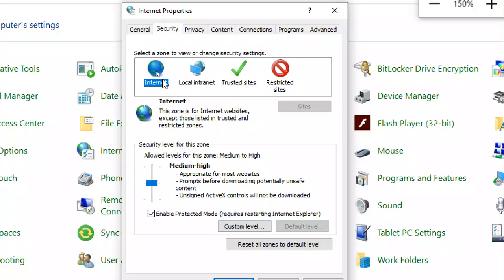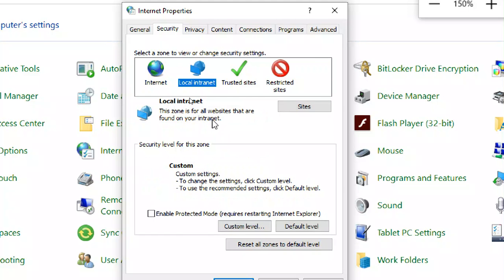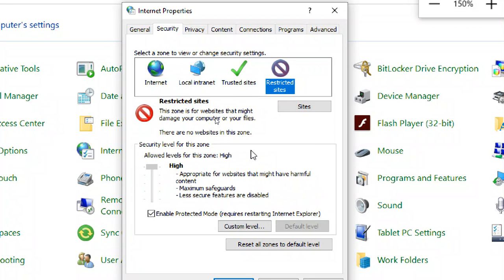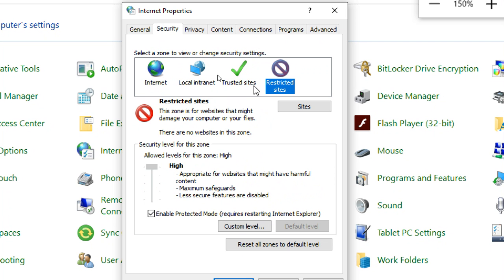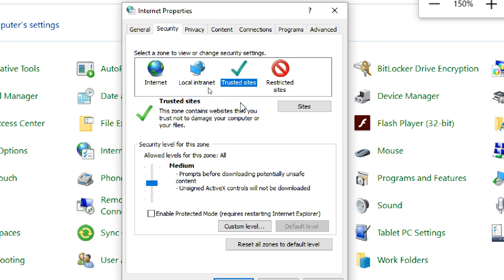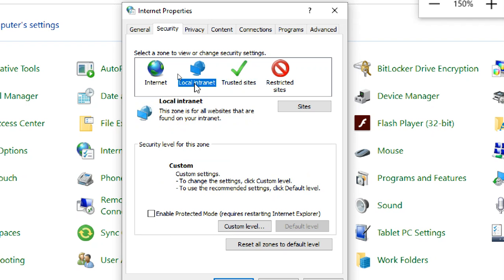This is Security. You can see Internet and Intranet, Trusted sites, Restricted sites. Now we try to make trusted sites and restricted sites. It is not working. Restricted sites are not working, and trusted sites anyway are not working. But I want to tell why it is showing Local intranet. What is intranet? Our LAN network. Internet is outside. Intranet is a private network, within your network only.